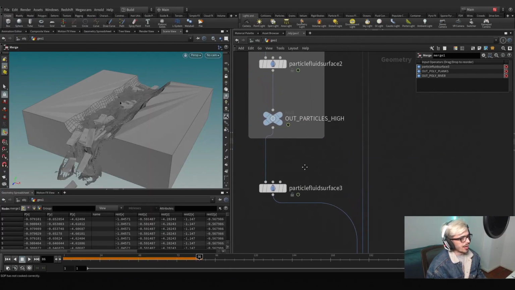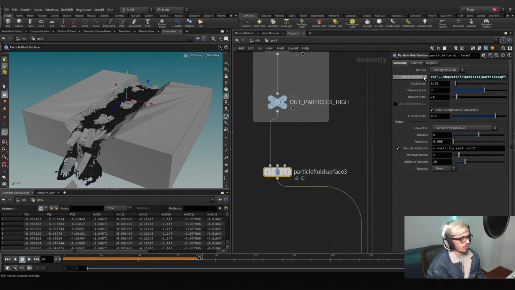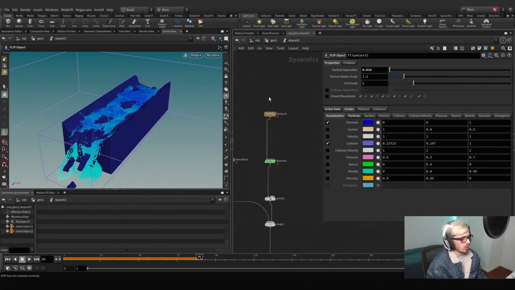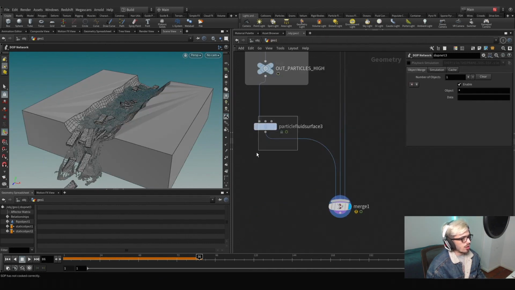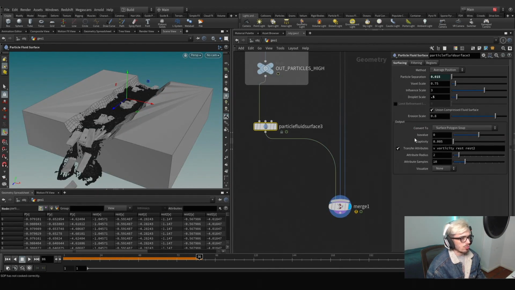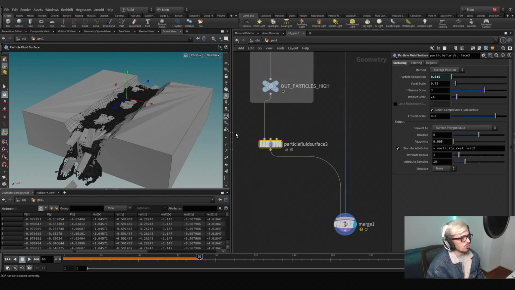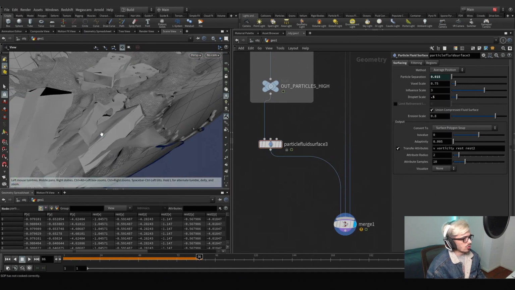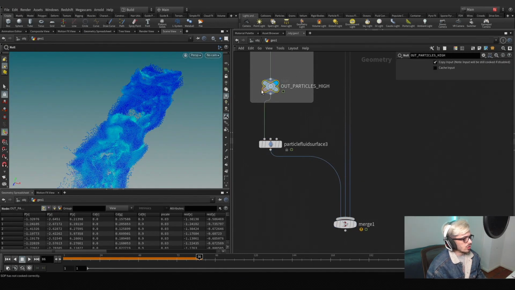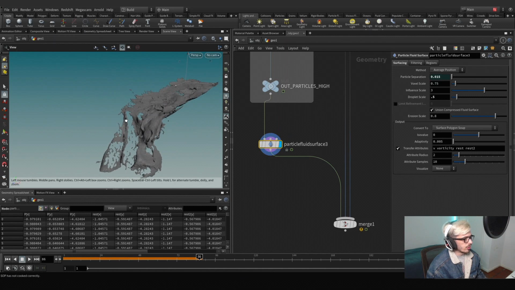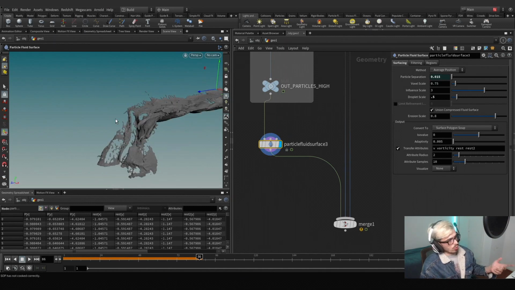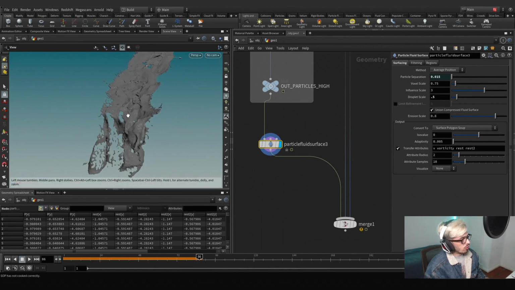Okay, so one thing that I did is to create this particle surface, and I just copied into a new simulation this particle separation. Then I went back and pasted the relative reference like so, and I reduced the droplet scale from 1 to 0.5, and as you can see, the overall result is very interesting. This is how it looks without the mesh, and this is how it looks with the mesh. Of course, it needs a white water simulation on top of it, but so far this is a really good